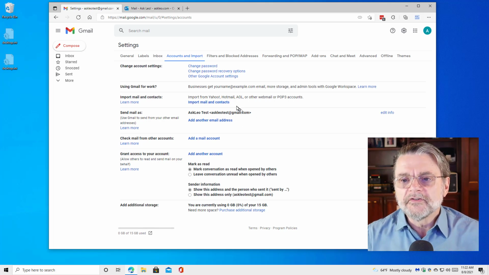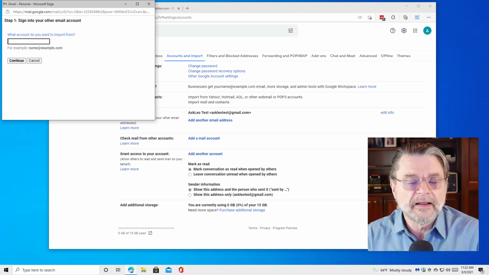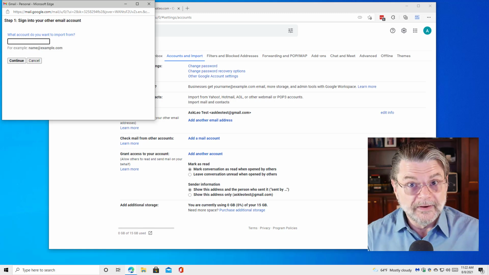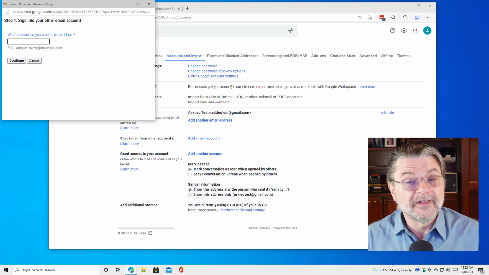If we click on that, you'll see it begins a process of asking you, okay, where are you coming from? What is the email address of the account you want to import? In my case, I would enter my Hotmail email address and then continue the process. I'm not going to because I don't actually want to do this. This is not the approach that I recommend you take, but it is a simple approach,